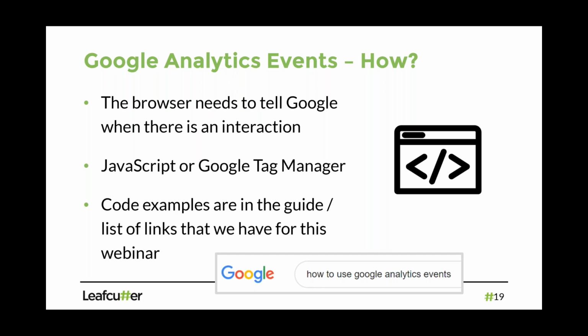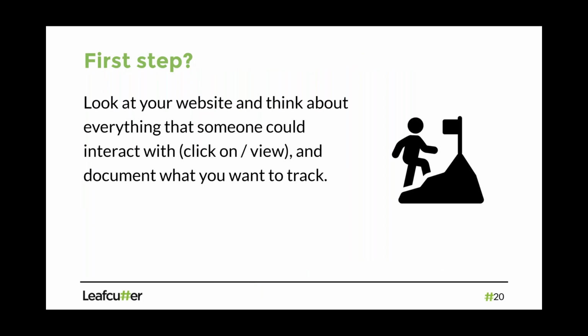The one thing I will say, if you don't want to wait for those examples, you could just search. But the getting started is normally just thinking about, okay, looking at your website and thinking about the audience that's coming there and the different reasons why they come there. What is anything they could interact with? And by that, I mean anything they click on or anything they look at that you would want to track.